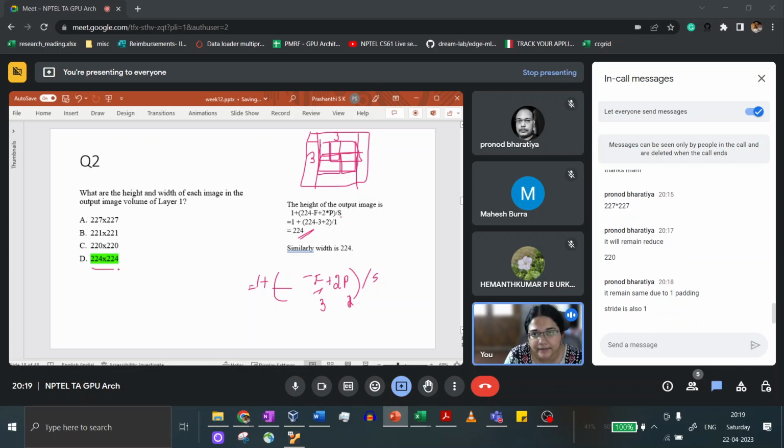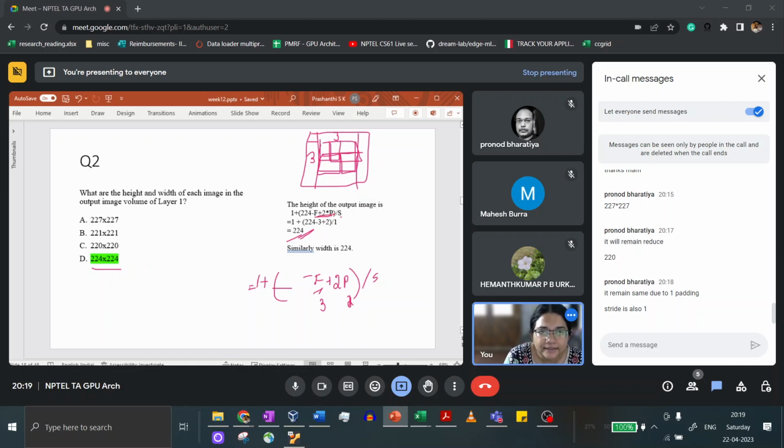That's also something interesting to notice, that it remains the same, but in some cases it can reduce. You should also ask yourself, can it actually increase? Think about this formula, and think about when it would increase. Another thing that you'll see often is, another way of putting forth this question is, when will the height and width remain unchanged? What values of stride and padding? You might be given 4 options.